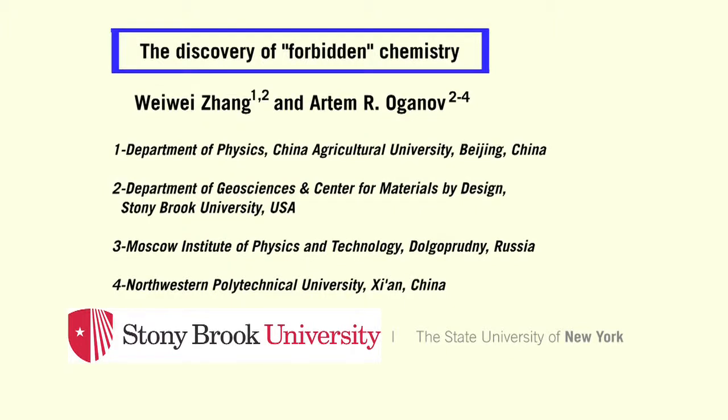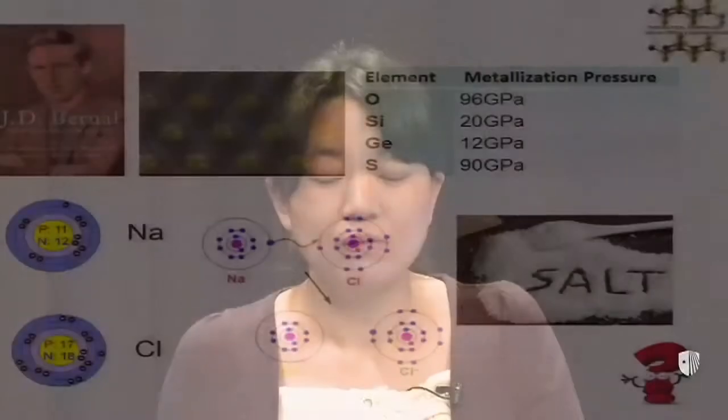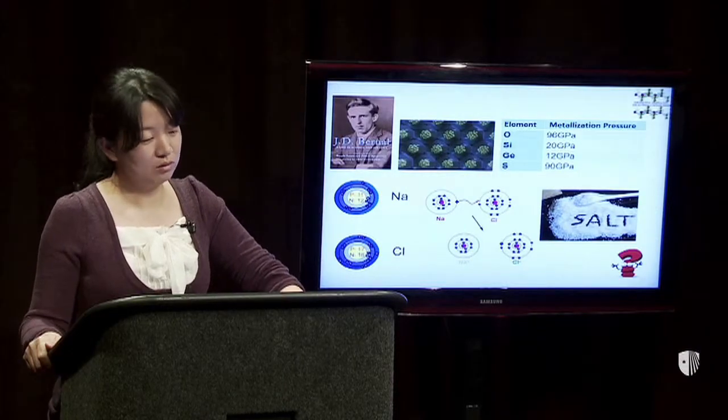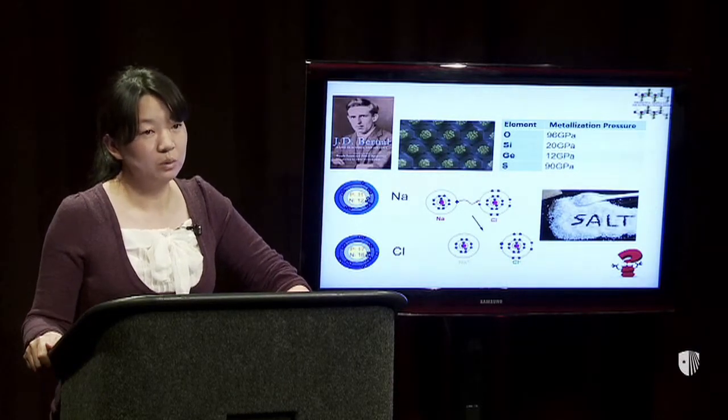Hello everyone, my topic is what happens in the sodium chlorine system at high pressure. In this video, I will share some fantastic new discoveries from our research. At high pressure, almost every material will compact itself into a denser form. Chemical bonding and electronic structure will change, and the valence rule will fail. The old rules are not good for high pressure, so new rules need to be explored and built up for